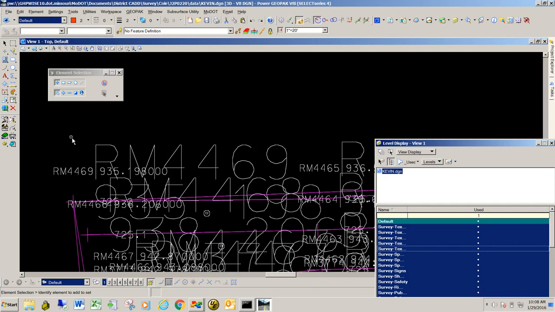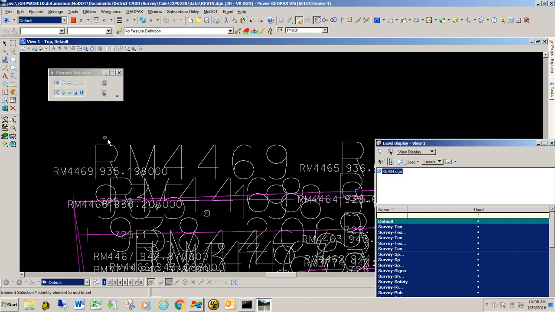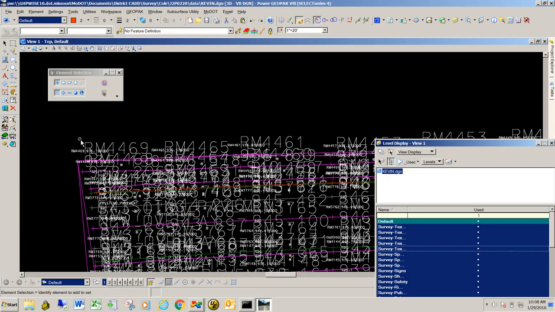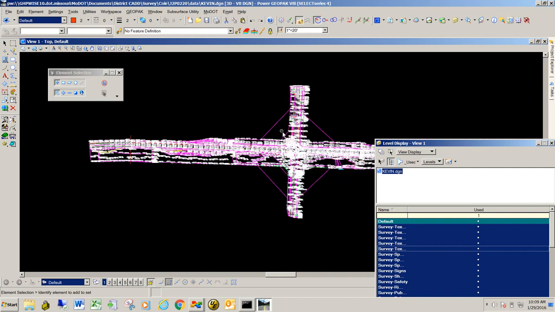And to show you what the issue is, we got a piece of text with the name RM, or a survey point with a piece of text called RM4469, but then we have this bigger one that's the same name. And so what we believe is happening is the first time that the surveyor imported this, it came in fine,